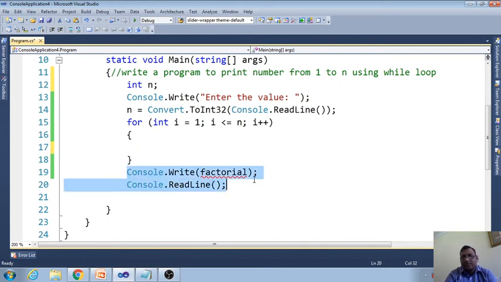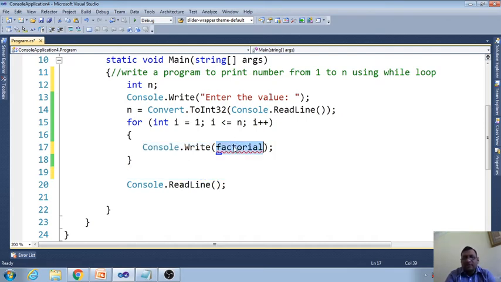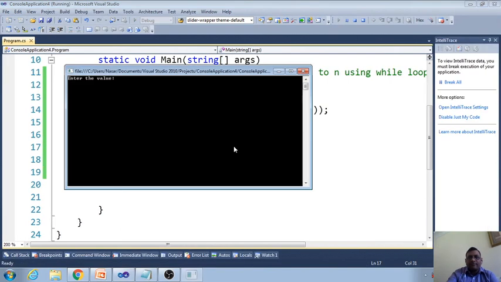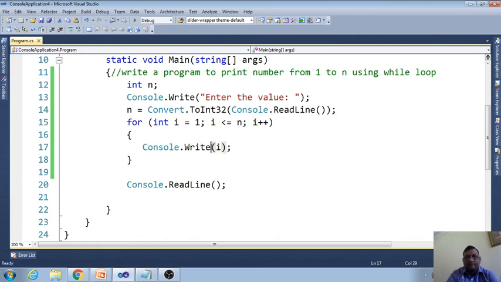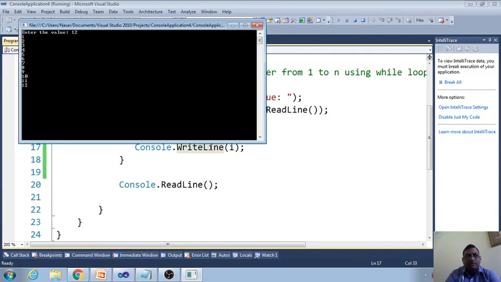First you see this using the for loop, then I will convert it. Everything is the same, only a little difference. So here if we make it i, okay, here right line. This is the program we did using the for loop.